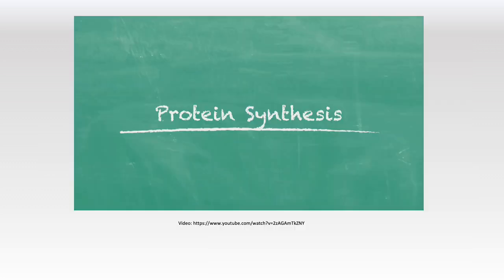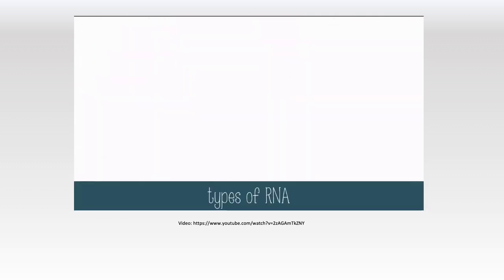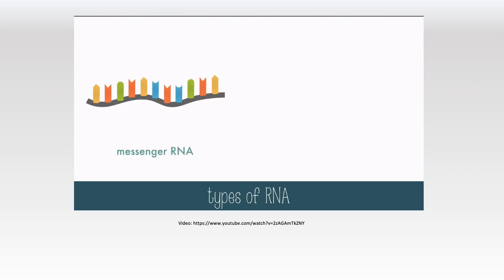So let's take a quick look at what's going on within the action of the sequence here. So we start with the transcription. Transcription, we're going to go ahead and make that mRNA from our DNA so we can get it out of the nucleus. We have to remember that even though we're going to talk specifically about mRNA, we have different types